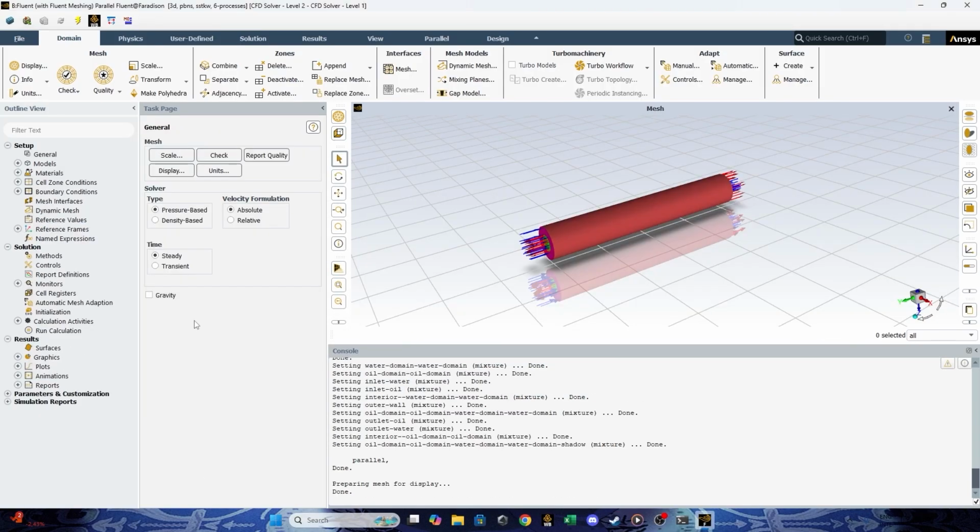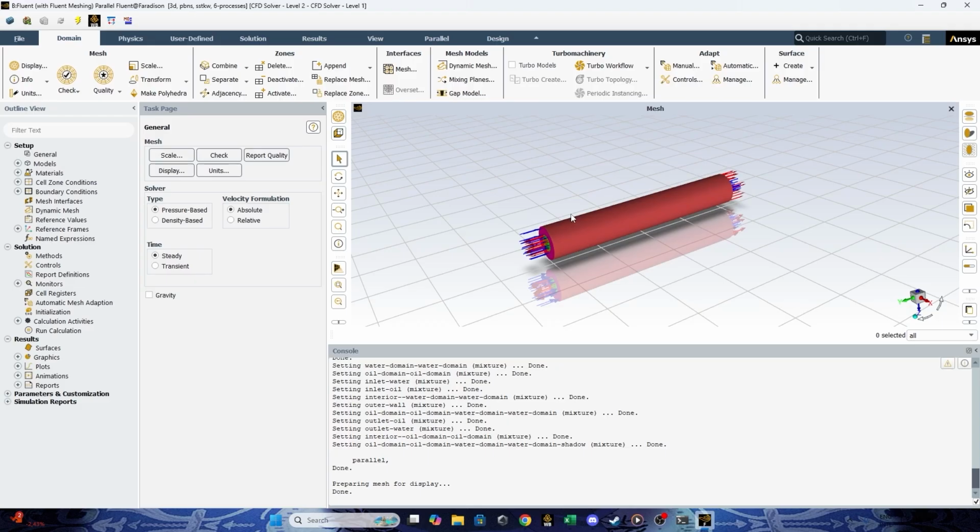Okay, so for the next step, after you complete all the boundary setup, what you need to do is define the results that you want from this simulation. What we try to achieve in this simulation is to see the value of the temperature outlet for both fluids, and also the pressure drop for both fluids flowing through the tubes.